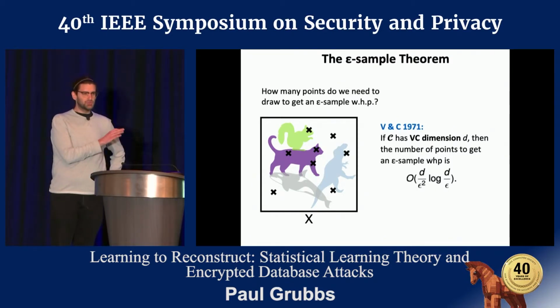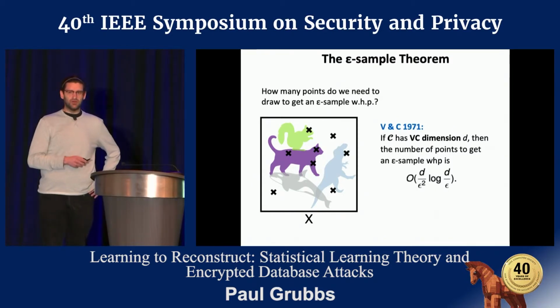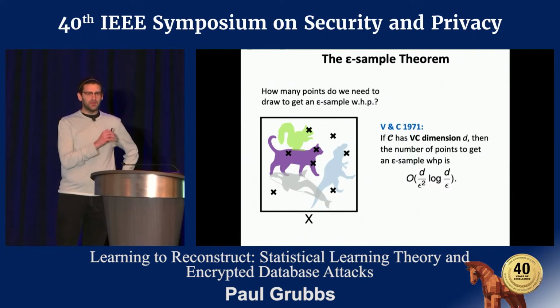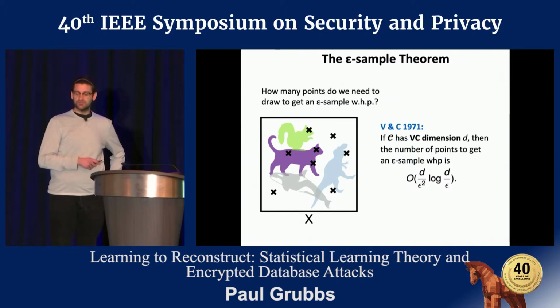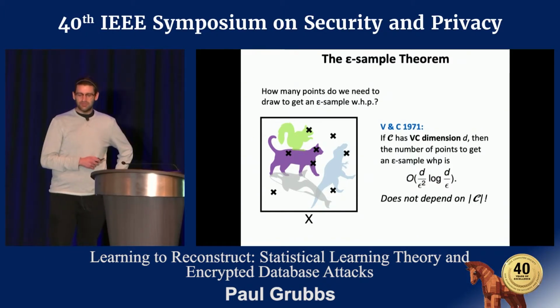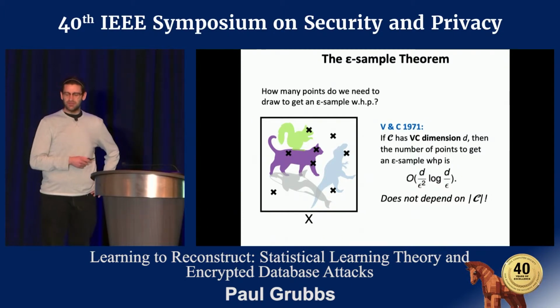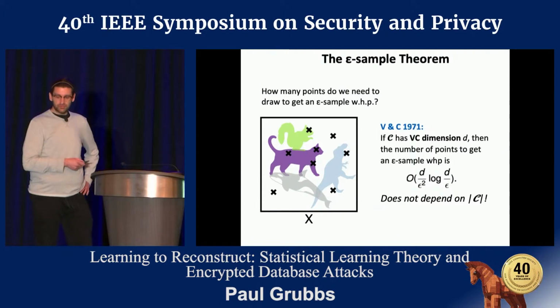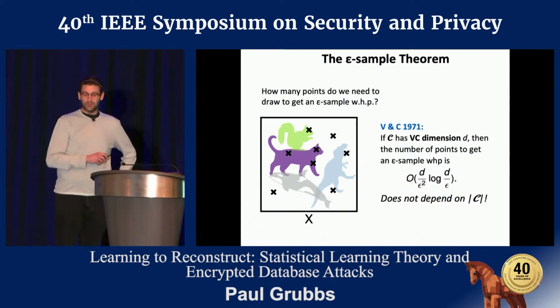I won't try to explain VC dimension in this talk. It takes a little bit of time to get your head wrapped around it. But you can think of it as just a small constant for the purposes of this talk. So this result is very surprising because it implies that you can estimate the probabilities of all of these sets together with a number of samples that doesn't depend on the number of sets at all. So this will be very useful for building scale-free attacks.